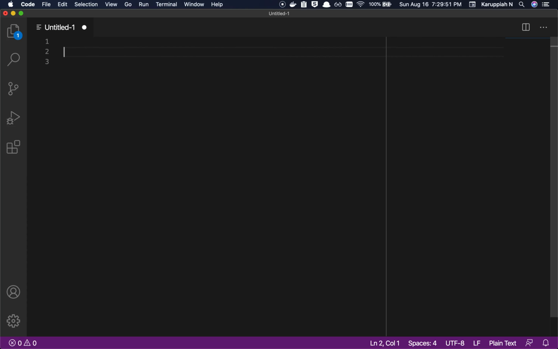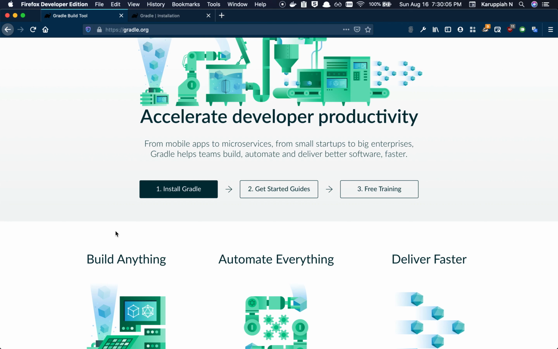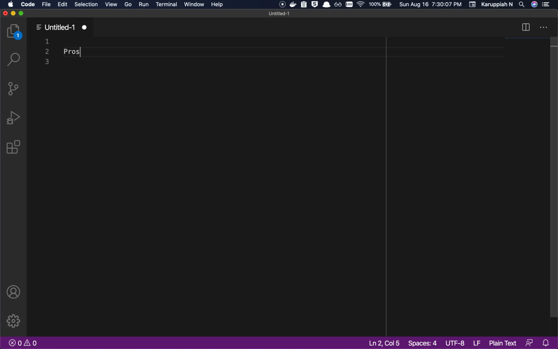There are alternatives that I've heard of, but I've not used Maven, and I think Ant. I believe Gradle is like the modern build tool, but I don't know the pros and cons of using Gradle versus other tools. You could check that out.